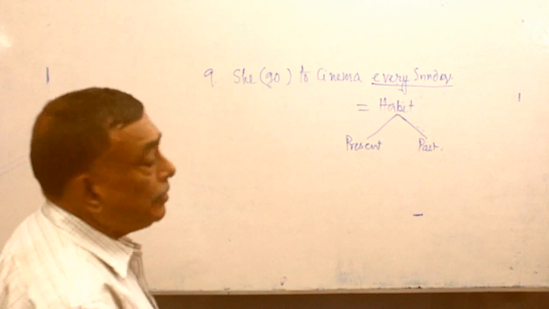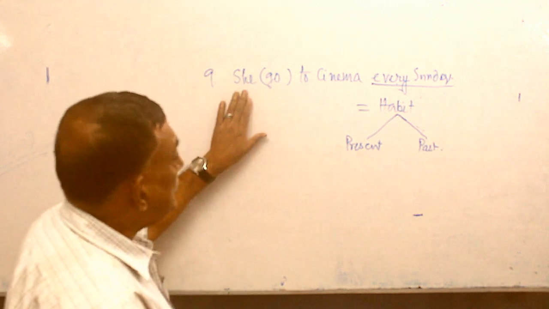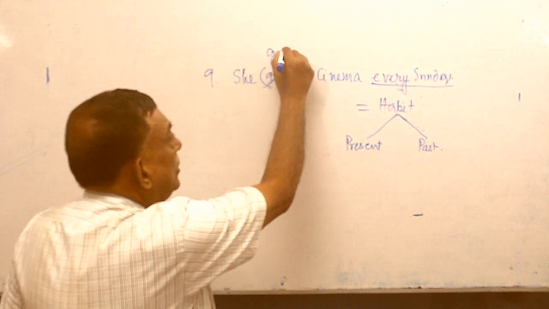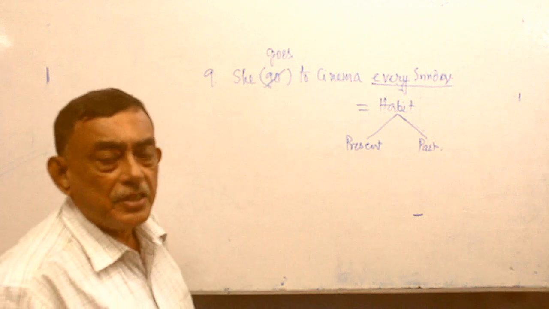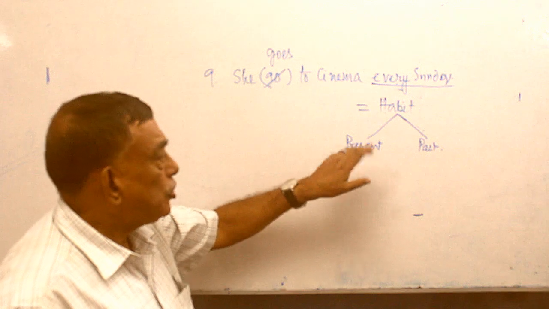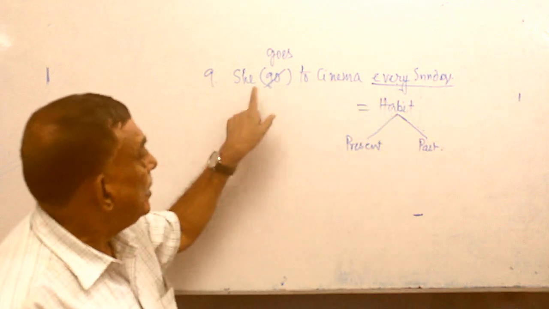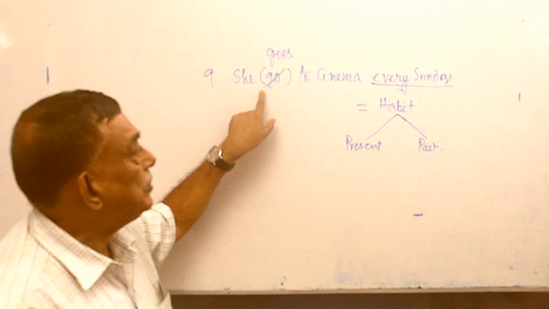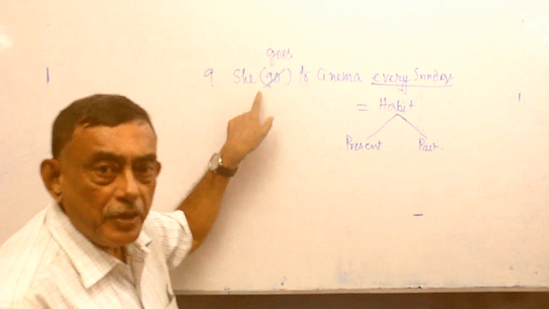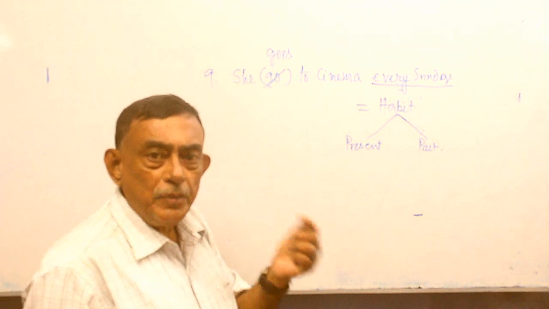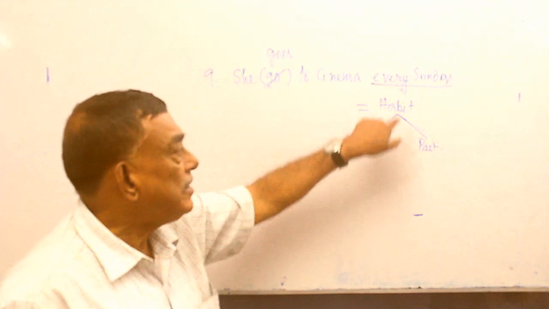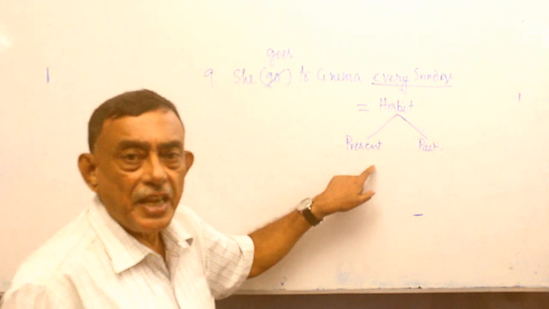Now the question is, whenever you talk about a habit in the present tense, what do you have to do? You have to make the verb in the present indefinite form. She goes to cinema every Sunday. Remember, whenever the habit of the present is shown in the sentence, you have to make the verb in the present indefinite form and no other form. You cannot write, she is going to cinema every Sunday, because only the present indefinite tense has the power to show the recurring occurrence, that is habit in the present tense. No other tense can do all these things.